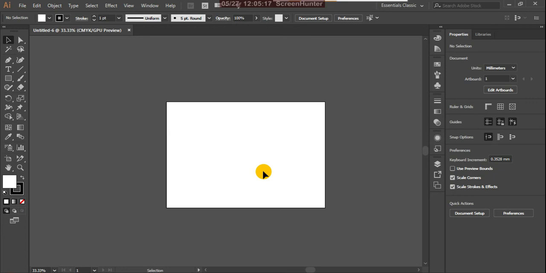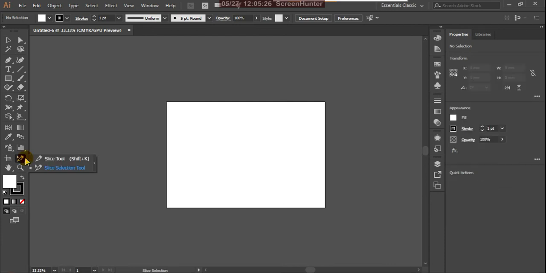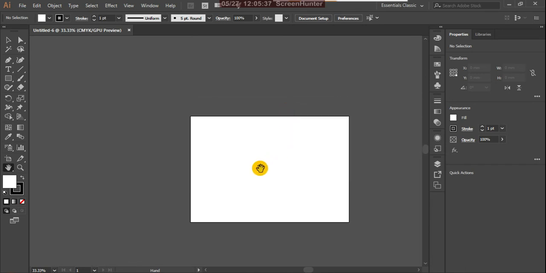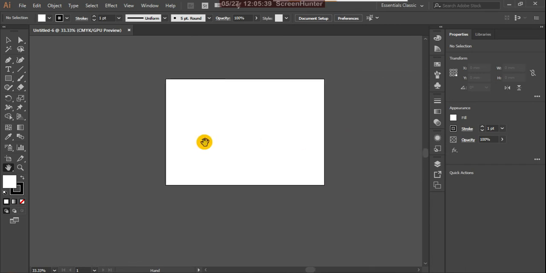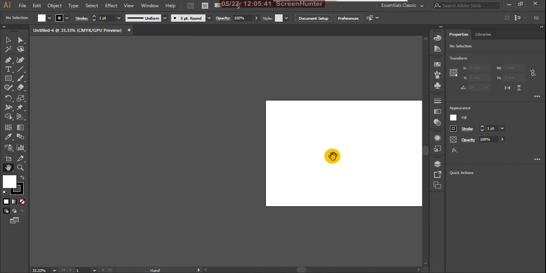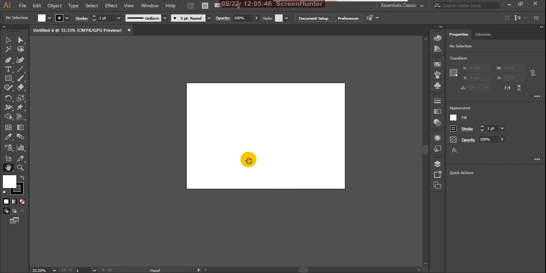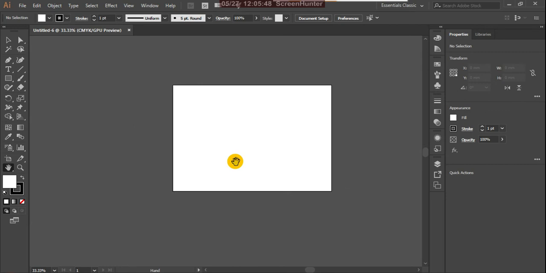So next, there is a hand tool. Okay, this is very easy to understand. With the hand you can rotate, you can move horizontally, vertically, anyhow you can move your artboard.